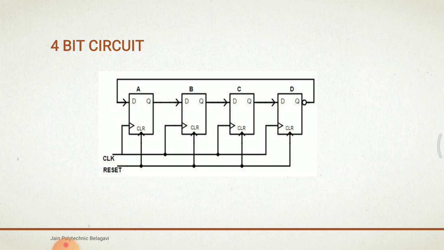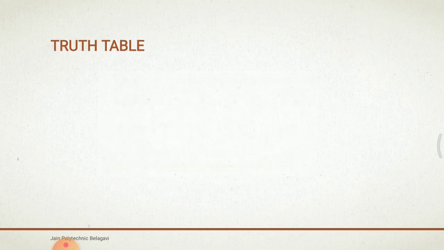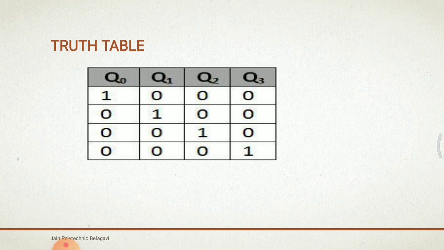To circulate the data correctly in a ring counter, we must load the counter with the required values like all zeros or all ones. Okay, in order to circulate, we are going to load all zeros, and one should be loaded in the first flip-flop. You can observe here q0, q1, q2, q3 outputs. See here, initially I am going to load q0 and then I am going to apply the clock pulses. Next you will get 1 0 0 0. It is going to shift to the right side, that is a ring counter. It is going to rotate in a ring fashion.